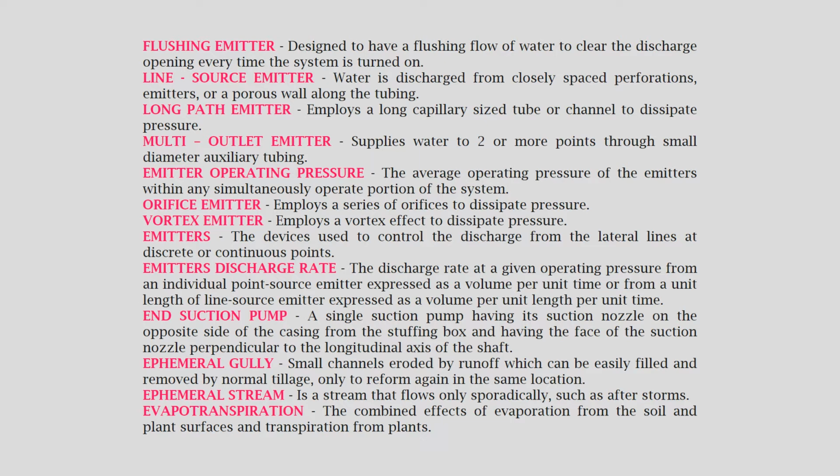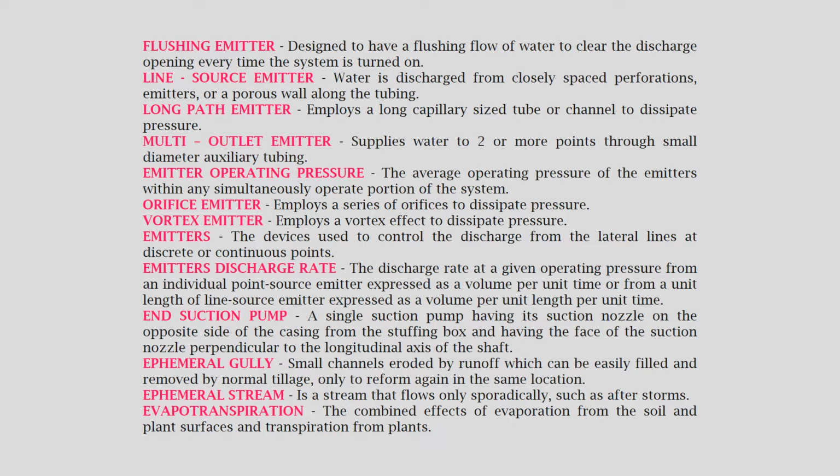Orifice emitter. Employs a series of orifices to dissipate pressure. Vortex emitter. Employs a vortex effect to dissipate pressure. Emitters. The devices used to control the discharge from the lateral lines at discrete or continuous points. Emitter's discharge rate. The discharge rate at a given operating pressure from an individual point source emitter expressed as a volume per unit time, or from a unit length of line source emitter expressed as a volume per unit length